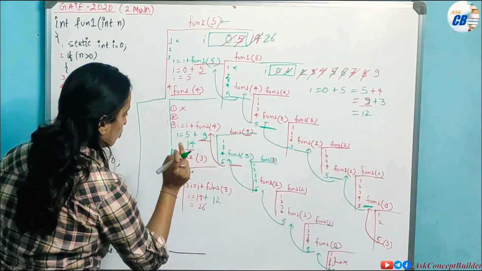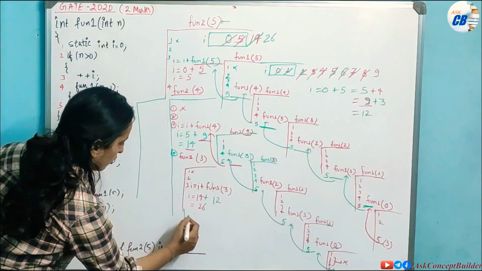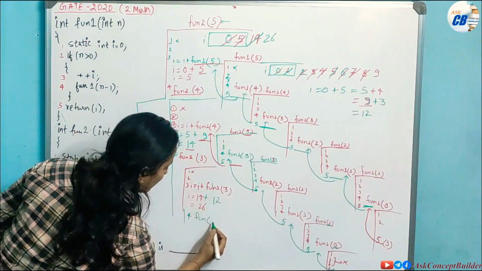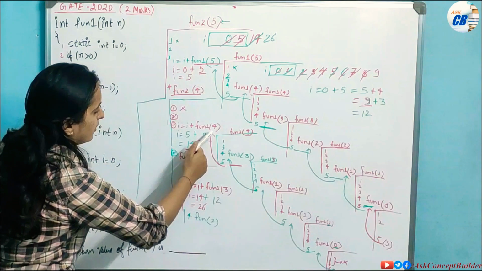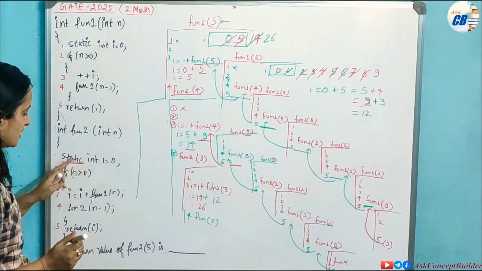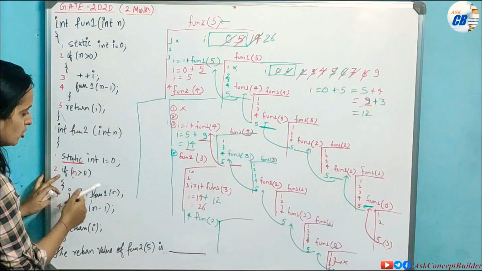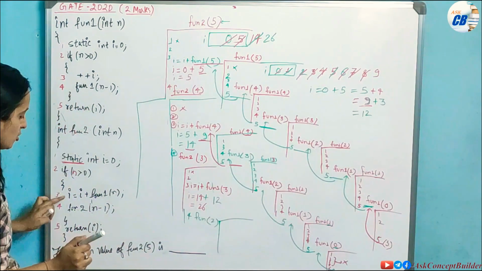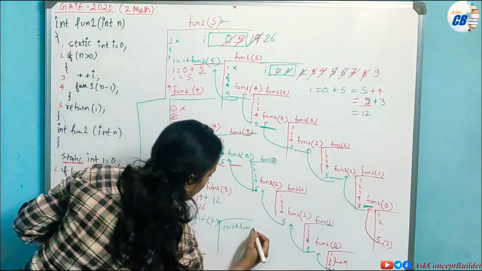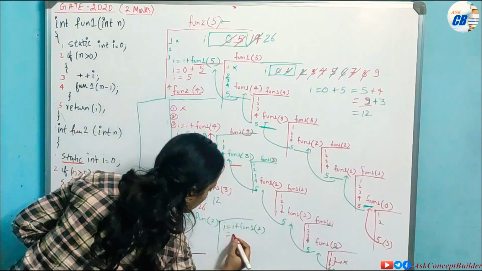Now see, you have run for fun2 3, and for fun2 3 this statement is executed. Now the fourth statement will again execute, and the fourth statement is again fun2, with 3 minus 1, which is 2. So first you did 5, then 4, then 3, then n minus 1, 2. Now again for this function all the statements will be executed. The second is 2 greater than 0. Yes, 2 is greater than 0. So again I equals I plus fun1. Again this fun1 function will be called, and the n value is 2 here. Now see, the I value in fun2 is 26 here, 26 plus.